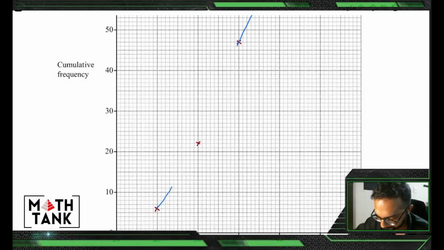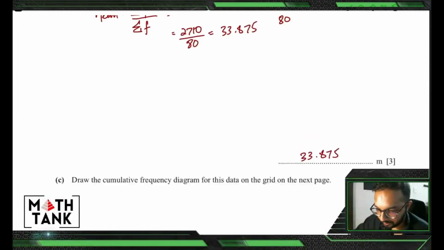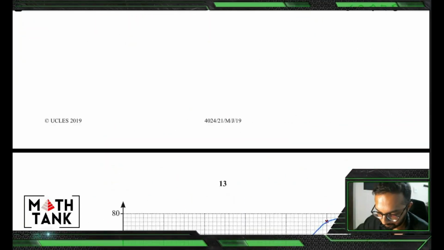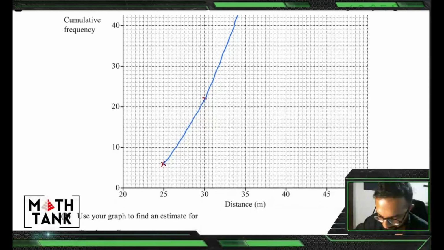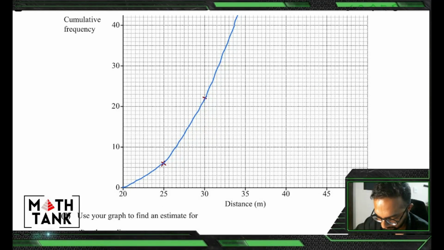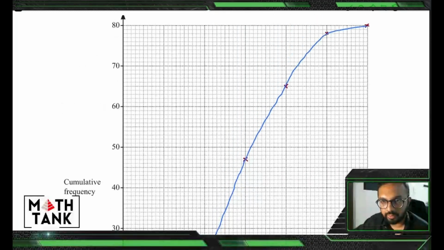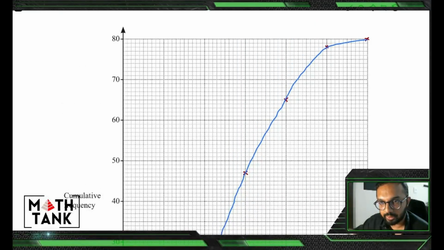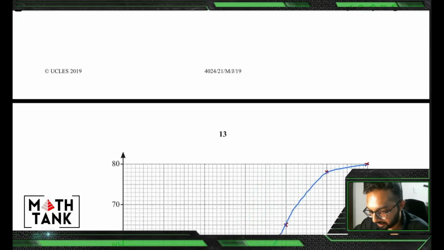Okay. And you always take the lowest boundary and join it to 0. So that was 20. So I'm going to join 20 to 0. The trick is to not lift your hand from the paper. Just place your hand in a position that you can join as many points as you can with it. And that sort of helps. Okay. Then